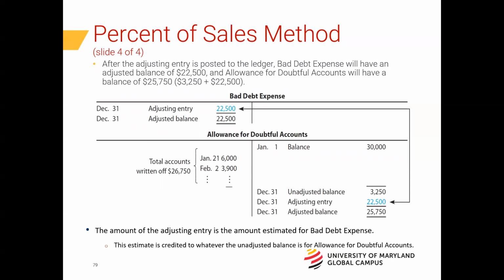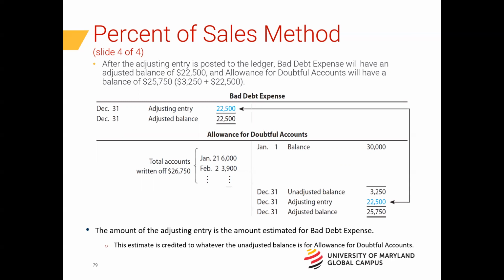Always got to have your notes, especially for those. Anytime you write a journal entry like that, that is an adjusting journal entry, should always have a note. The note is reflective of what that transaction means or what happened. It just helps for reporting purposes and tracking things. Okay, so 22,500 was the adjusting entry, the estimated uncollectible accounts.